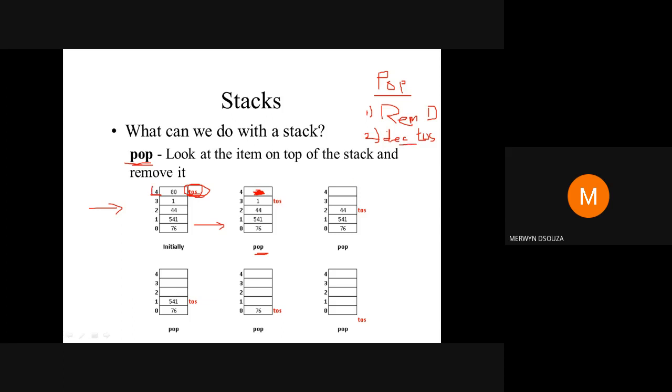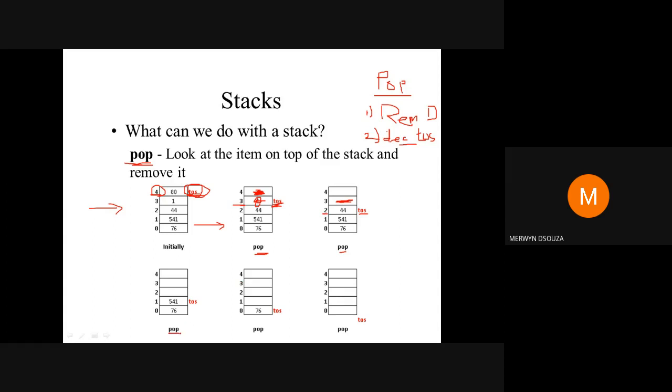So the value of top of the stack was 4. When you decrement, you decrement it by 1, which means you do -1. So 4 minus 1 is 3. Therefore top of the stack will now come to this index 3. Again when you say pop, you delete the value which is present at top of the stack. So 1 gets deleted and you decrement the top of the stack. So 3 minus 1, the value will become 2. Top of the stack will be at 2.